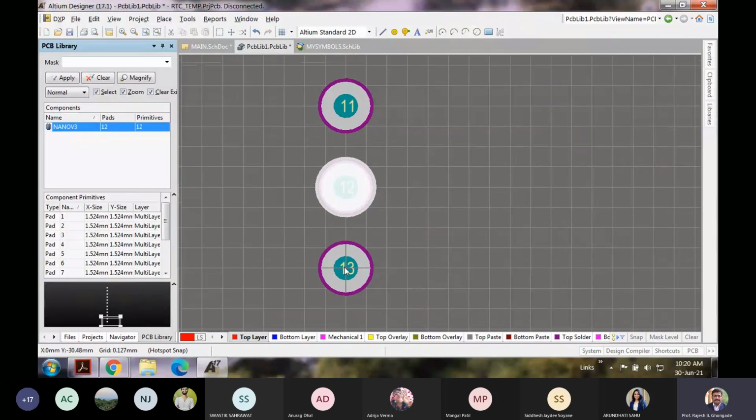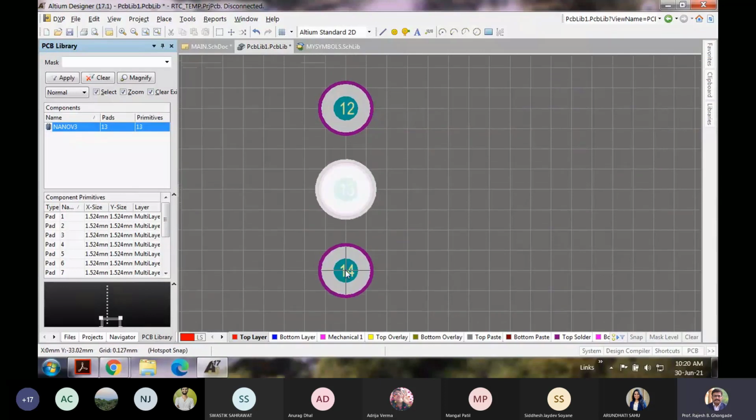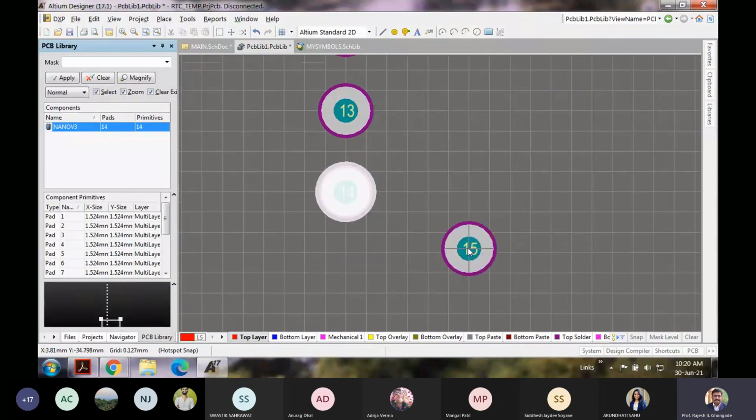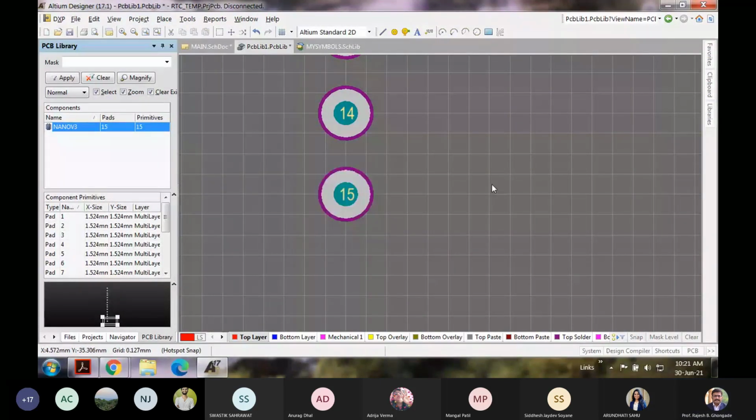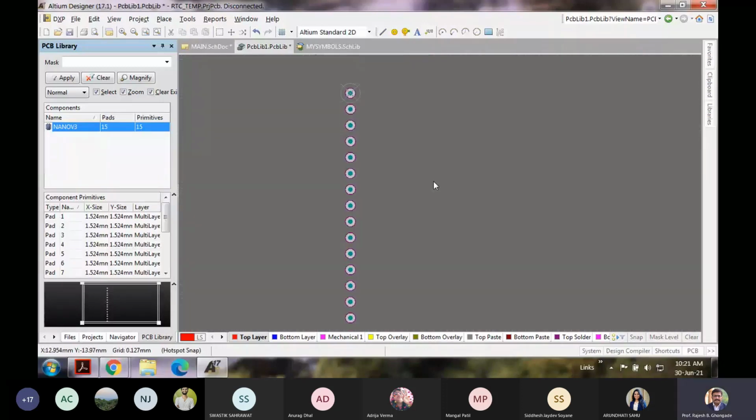We require 15 pads corresponding to the 15 pins on the left hand in one row, and similarly on the other row. So that is it. So this is our first row. Now you can simply copy and paste this,